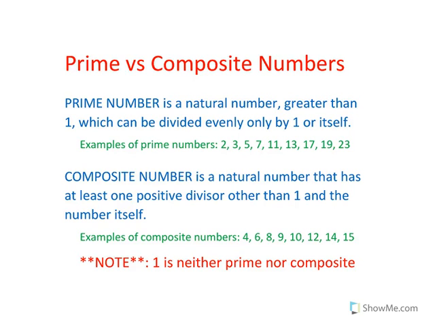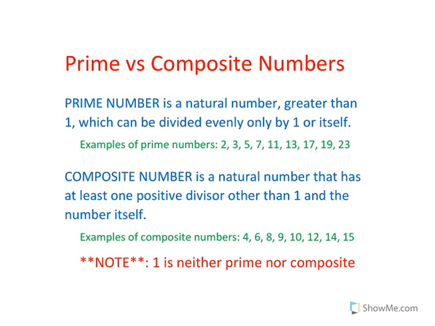Prime versus composite numbers. A prime number is a natural number, and recall, natural numbers are 1, 2, 3, 4, 5, 6, 7, 8, etc. But a prime number must be greater than 1, and it also must be evenly divided by only 1 and itself. So, for example, examples of prime numbers: 2, 3, 5, 7, 11, 13, 17, 19, 23, and of course